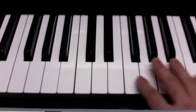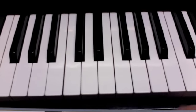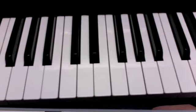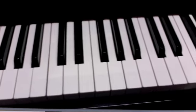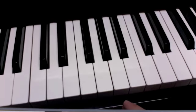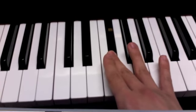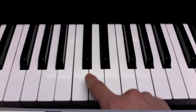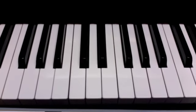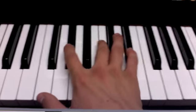But other than that, you're going to want to also throw in some passing tones, as we call them. It's going to be the passing tones in the E flat major scale that I use, and this is not the way that I guess most jazz musicians solo, but it's just the way I like to do it. I use B, F sharp, and C sharp as passing tones in this song. So while you're moving up on the E flat major scale,